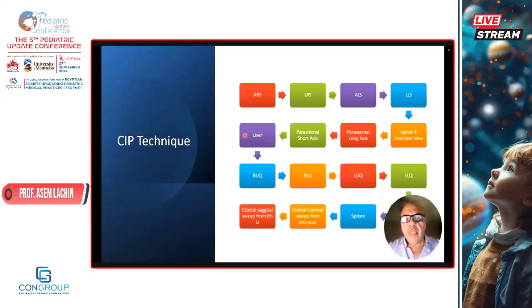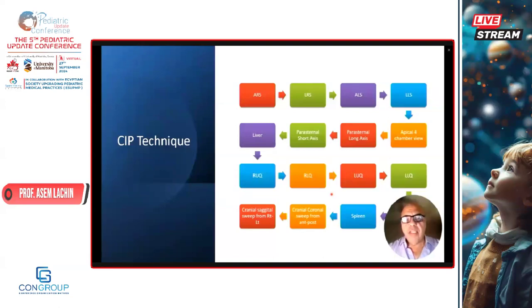Then we'll go to the abdomen, 1 view to the liver, followed by mini abdominal views: right upper quadrant of the abdomen, right lower quadrant of the abdomen, left upper and lower quadrant, then going to the midgut, spleen, and finish the abdominal ultrasounds, again seeking for effusion, ascites, fluid collection, hemorrhage, and/or ischemic bowel.